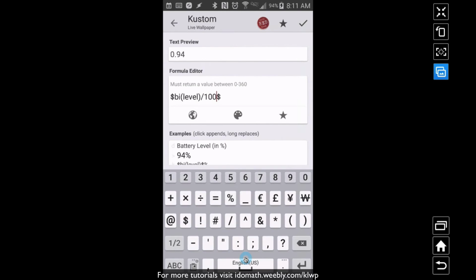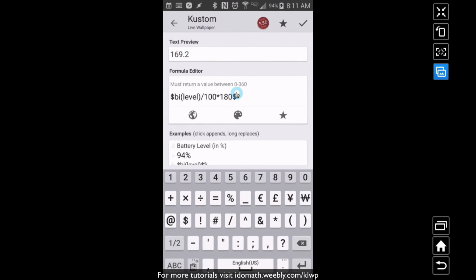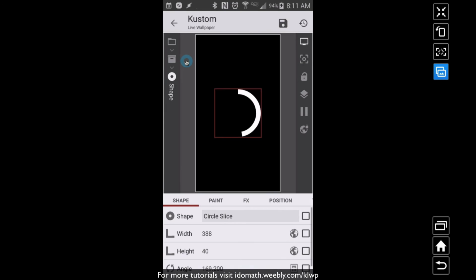That way we get that 0.94. So I want 94% or 0.94 of 180. Not 50 anymore, but I want it of 180 degrees. So we're right around 169.2 degrees. If I check this, notice we do have almost a full half circle, but this is going to change dynamically